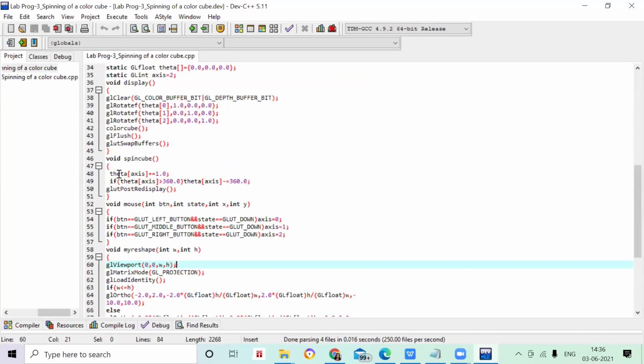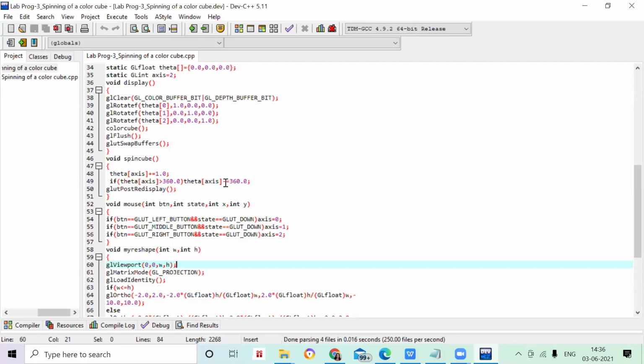Always the total angle, we are taking it as 360 degrees. As we have taken a 360 degree angle, here I am going to rotate. If this is a speed, that is something you can experiment with, I'm not going to tell you now. Here, if the theta value is greater than 360 degrees, then you have to reduce it, because the whole circle value is 360 degrees.